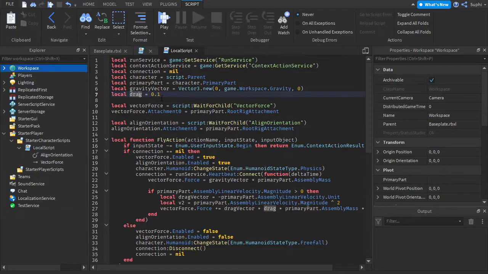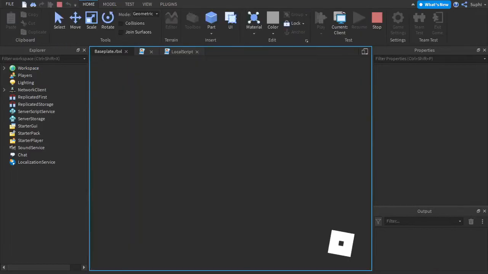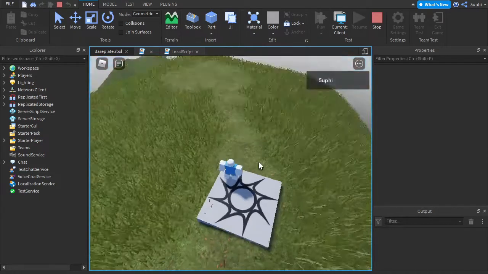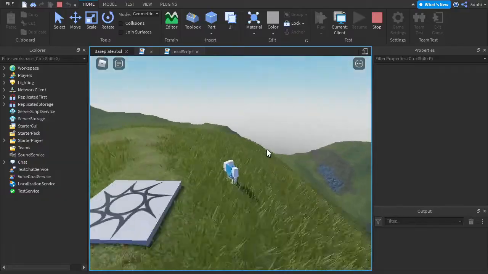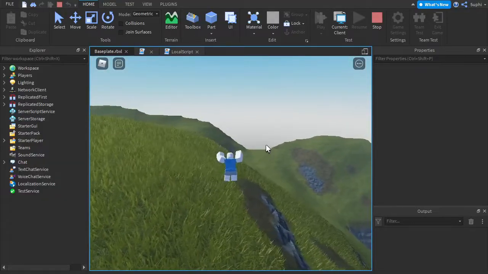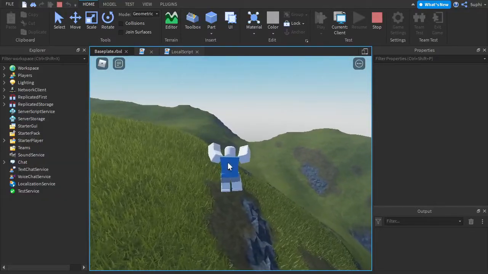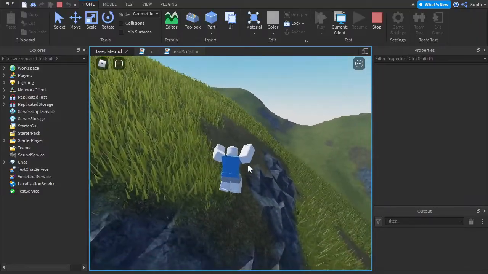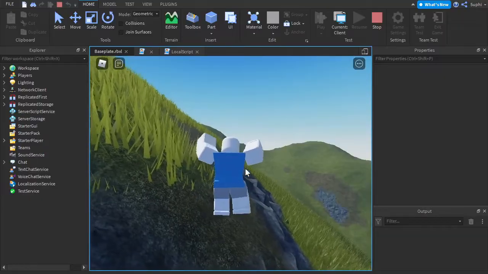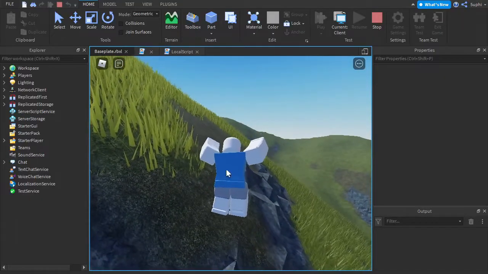So if I change drag from 1 to 0.1 and play the game, we should now see that it takes a lot longer for my character to come to a stop. So I'm going to run, jump, fly, and you can see that my character is drifting. And you'll also notice that at very low speeds it takes a very long time for my character to come